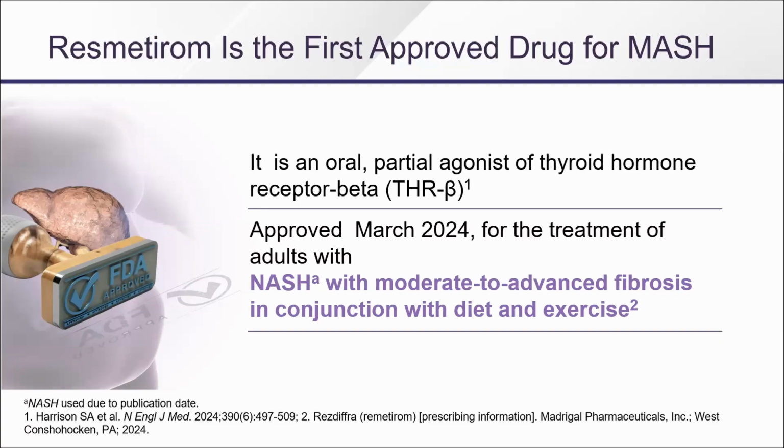It is an oral thyroid hormone beta receptor agonist. Trust me, when I started this, I didn't even know thyroid hormone had two receptors. I didn't know what thyroid hormone receptor beta did. But what thyroid hormone receptor beta does is it affects liver-related lipid cycling. Thyroid hormone receptor alpha does all the other things that Synthroid does. And so you don't have to worry about thyroid effects of resmetirom, just as thyroid hormone replacement doesn't really help the liver that much. And it was approved a year ago.